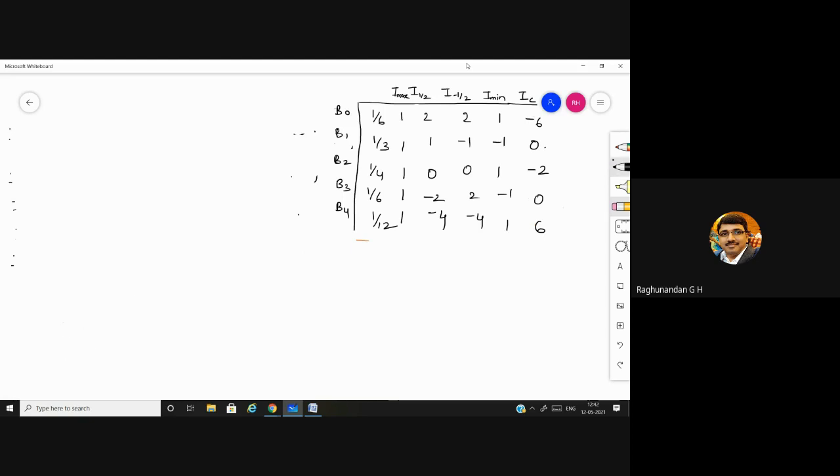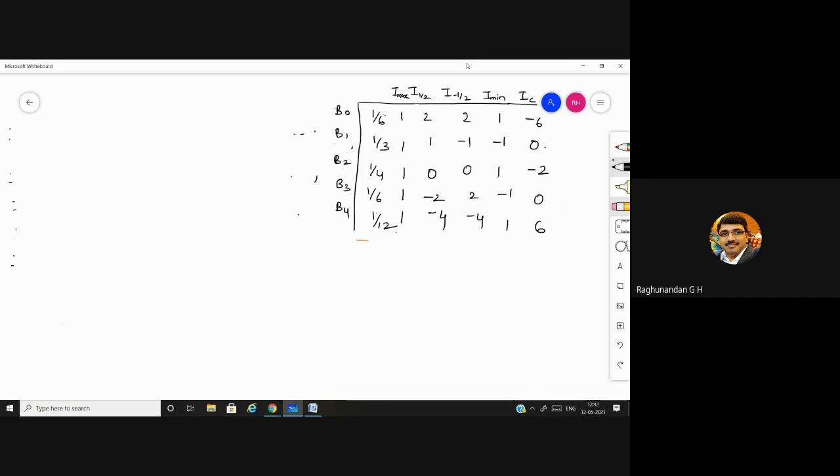Okay. Now first, how to remember this table? It is left to you the way you want. Again, see 1 by 6 you are having, here 1 by 12. So all are fractions only. Here you have 6, here it is double, 12. Here you are having 3, here it is 6, it is double, 3 plus 3. The middle one is the 4. 1 by 4, that you can remember.